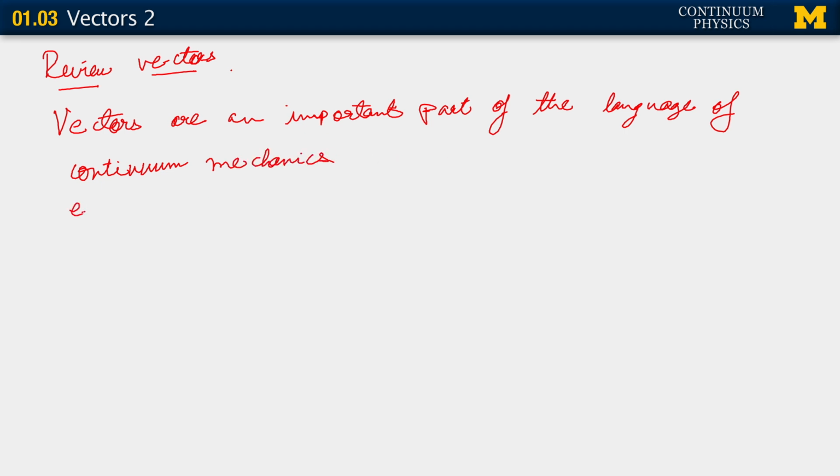Okay, examples include the force or forces, momentum, velocity, and of course, there are many others. So this is why we're going to review vectors. We'll start in a fairly simple fashion before we get more intense about it. We'll start by looking at two basic properties of vectors, and first we must lay down some basic mathematical